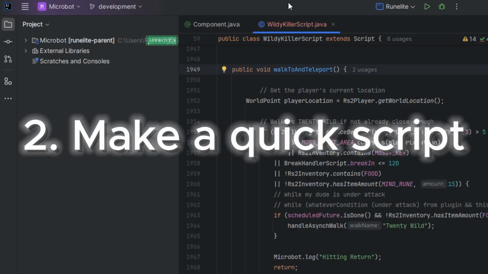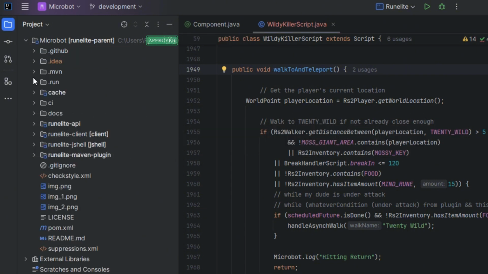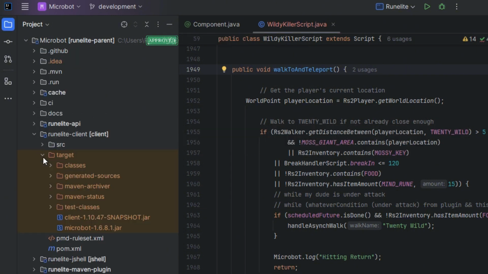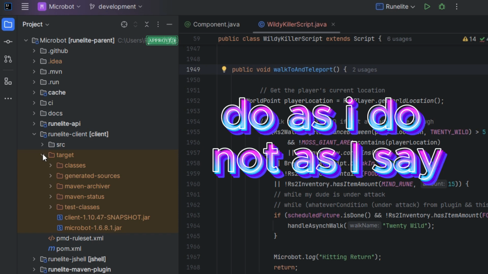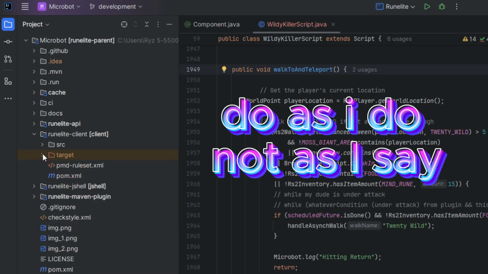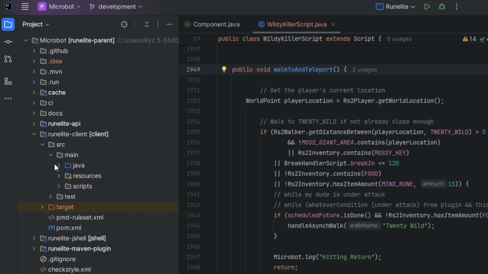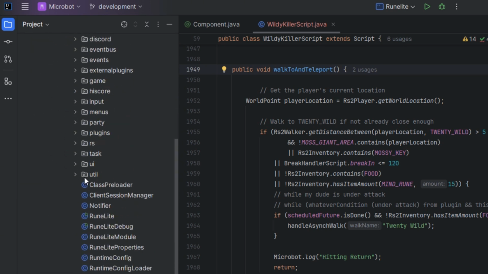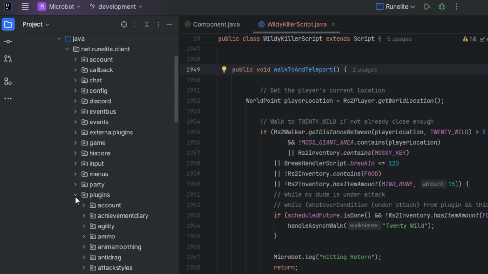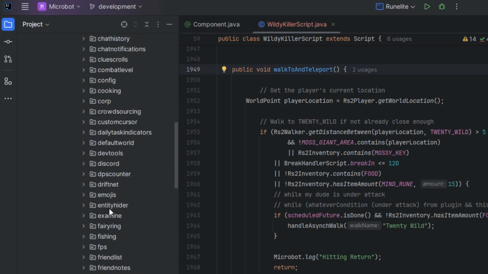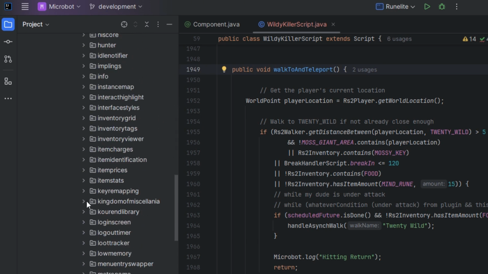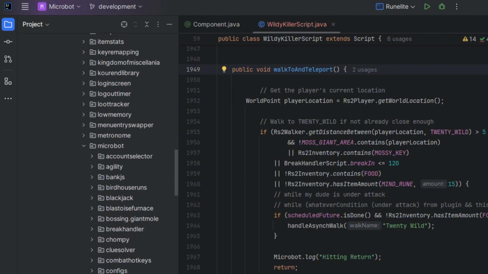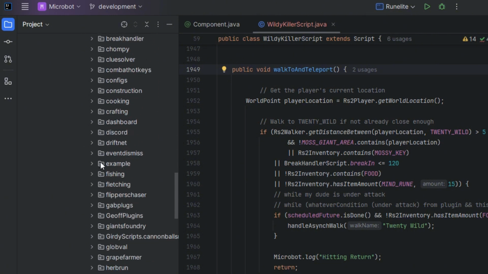This is even more simple, guys. We're going to go into the Microbot folder by following this chain. We go to the RuneLite client, we go to target, Java, we go down to the plugins, we go to the Microbot plugin, open that up, and you're going to find the example. You open up example, and you're going to open up the example script.java, and you're going to type in here